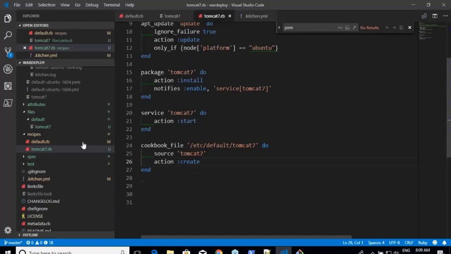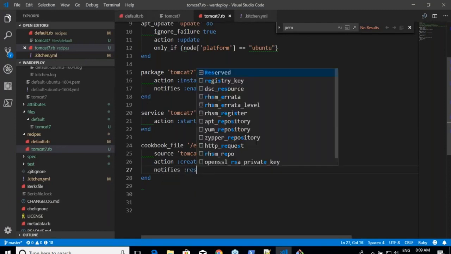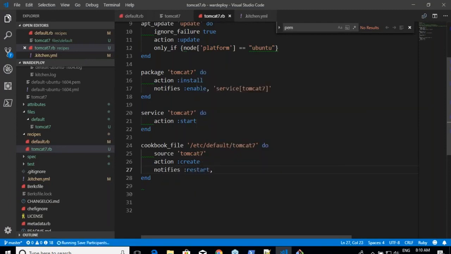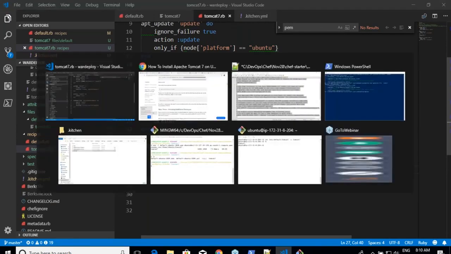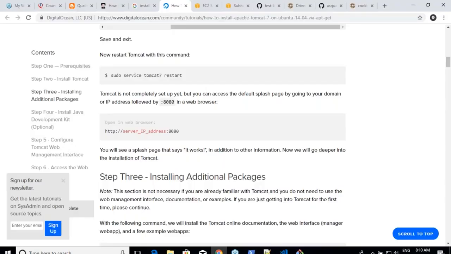Do I need to write a service again, or can I do a notification? I'll say notifies :restart, and then on service of Tomcat. Simple. Okay, and then it's asking me to install additional packages.